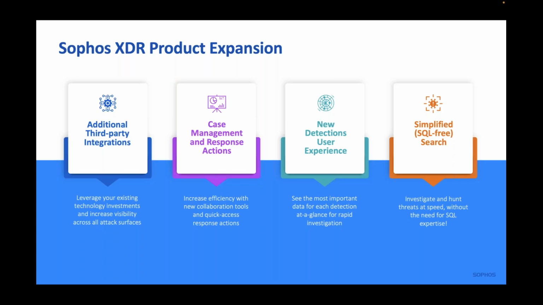So some of the things that we're up to include incorporating data from third parties. So increasing the visibility within Sophos, but using telemetry that may be derived from other technology investments, and thereby increasing the overall view of the organization, which is of course very helpful when it comes to piecing together data. And we're going to talk a little bit about some of those integrations in a short while. We've also dramatically improved the case management and response actions, making it a little bit more straightforward to see which are the priorities and to carry out the most appropriate actions in a more streamlined fashion.